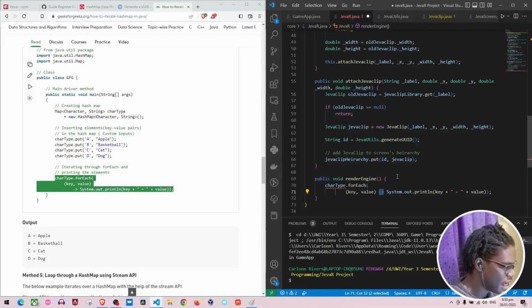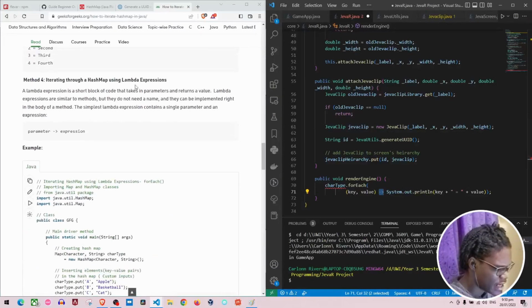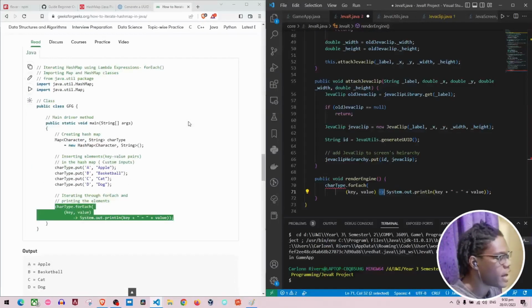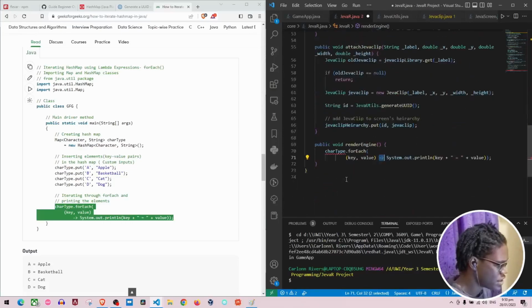So that's lambda expressions. So if I find out how to create methods that use lambda expressions, then I'll be able to use this as the form of callback for scripts when we're going to implement our runtime and looping for our game engine. So I'll have to do some more research on this, but for now let's just modify it to use